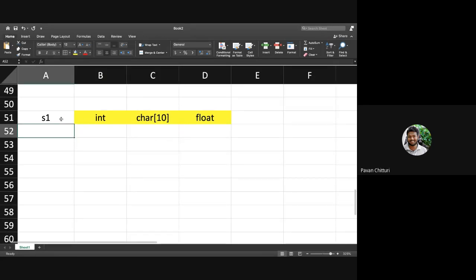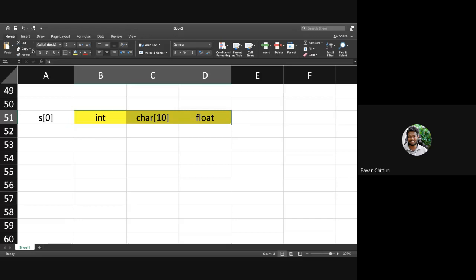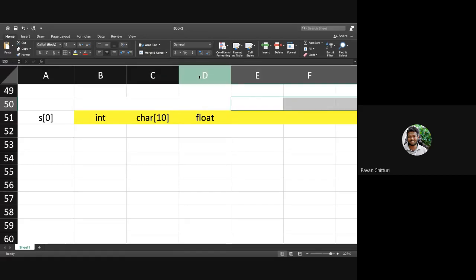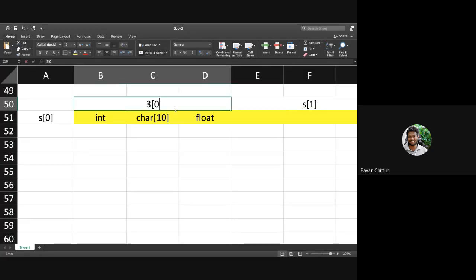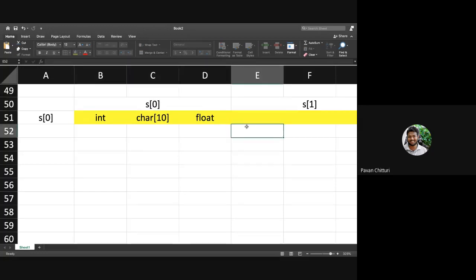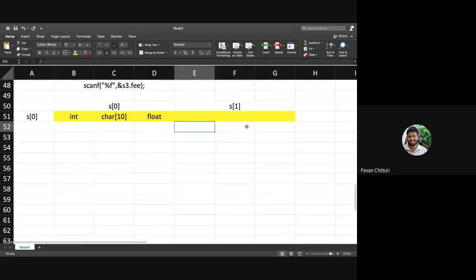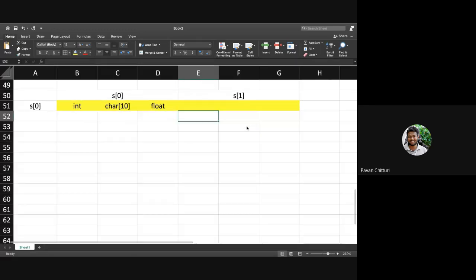It is grouped. So S of 0 is grouped together, and in the same way this is S of 0, and this will be S of 1. So like this your memory will be created.